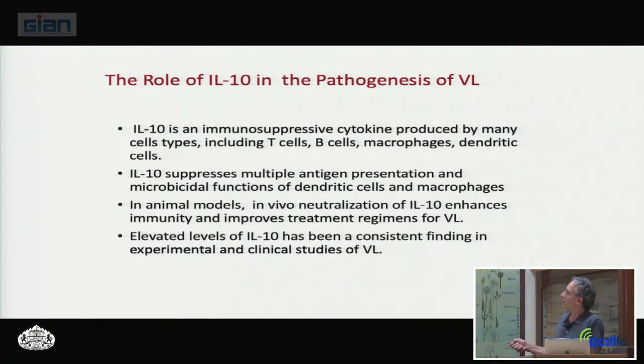It suppresses multiple antigen presentation and microbicidal functions of dendritic cells and macrophages. In animal models, in vivo neutralization of IL-10 enhances immunity and improves treatment regimens for VL. And elevated levels of IL-10 have been a consistent finding in experimental and clinical studies of VL. So it really is